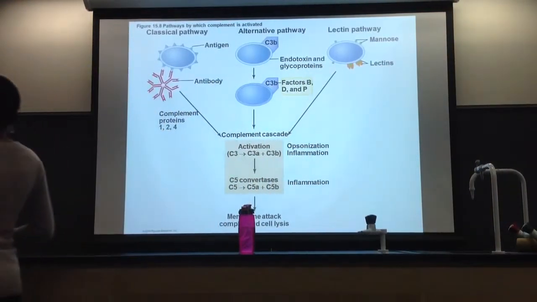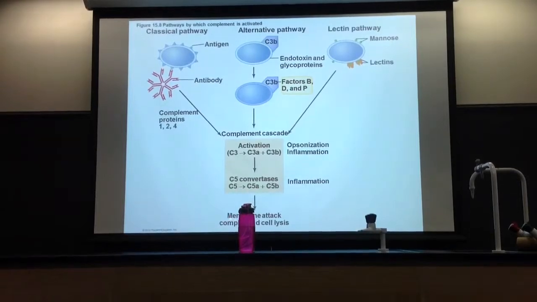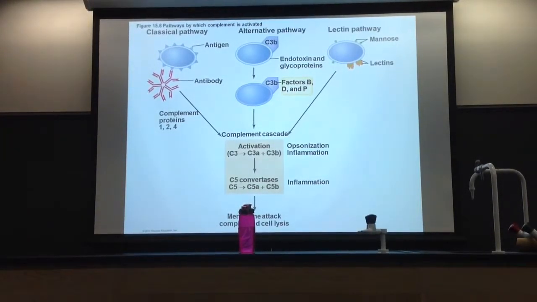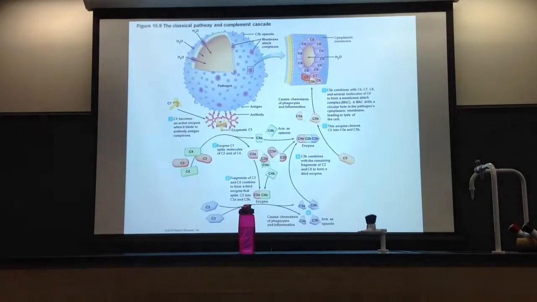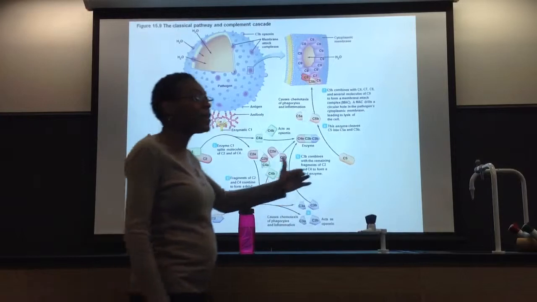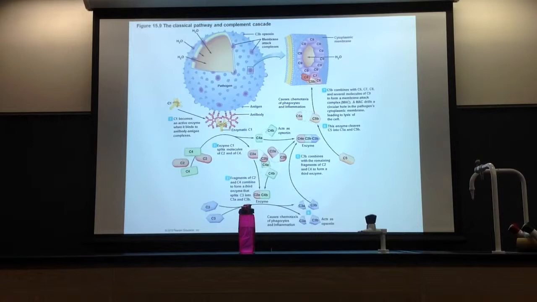This one is really complicated, but it shows you what you're doing, right? Antibody for classical pathway, alternative, some endotoxin, lectin pathway, mannose, but the result is still the same. MAC attack, cell lysis, cells dead. Okay. Now this is like, oh my gosh. Real quick, of course, do you have to learn all of it? There's like 10 steps there. I'm not going to say learn all 10 steps of the complement pathway. Probably not, right? No. But understand this, it's like a cascade effect. It's like an avalanche.